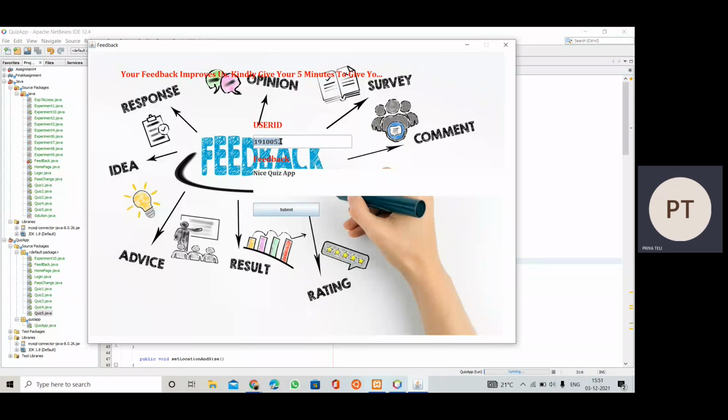Only a registered user ID can give feedback, else the feedback will not be entered to the database. If the user ID is a registered one, the feedback will be entered to the database. When we click on the submit button, the dialog box appears: thank you for your valuable feedback. When we click OK, we will be redirected to the home page in this way.